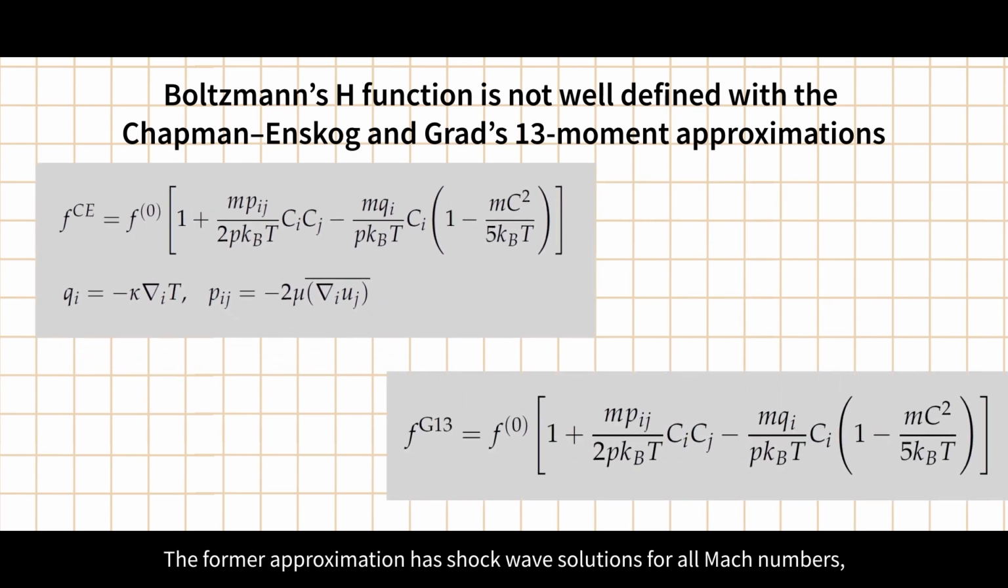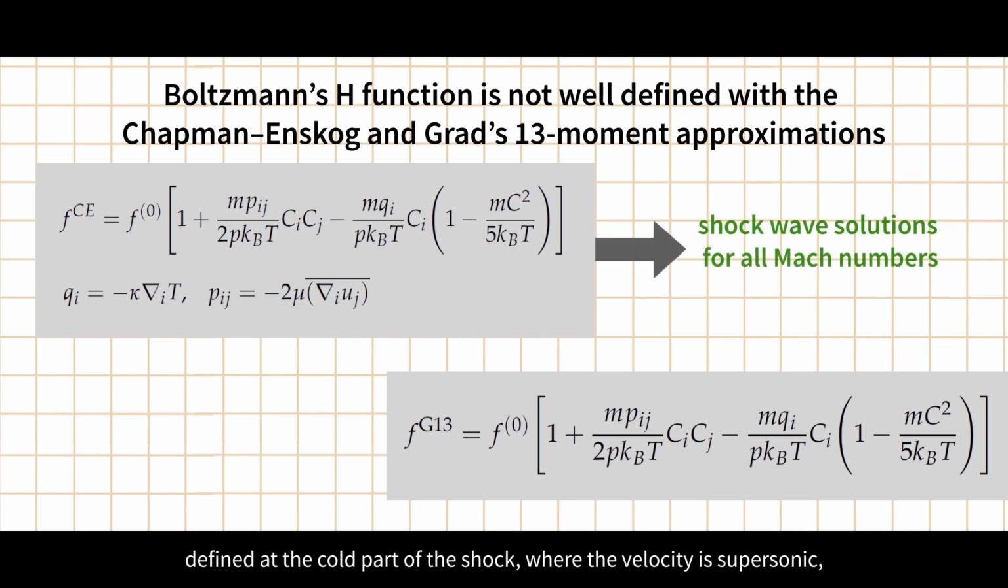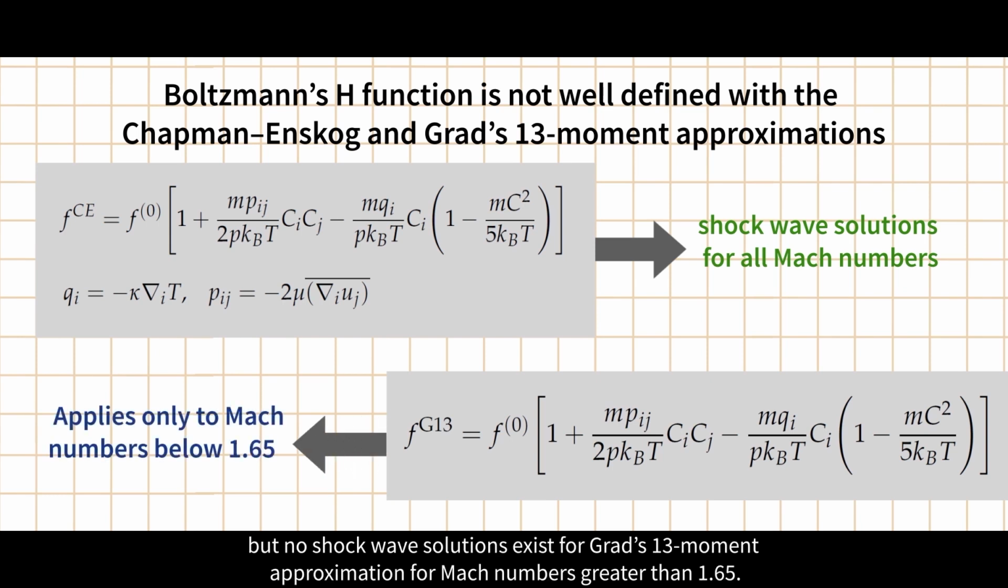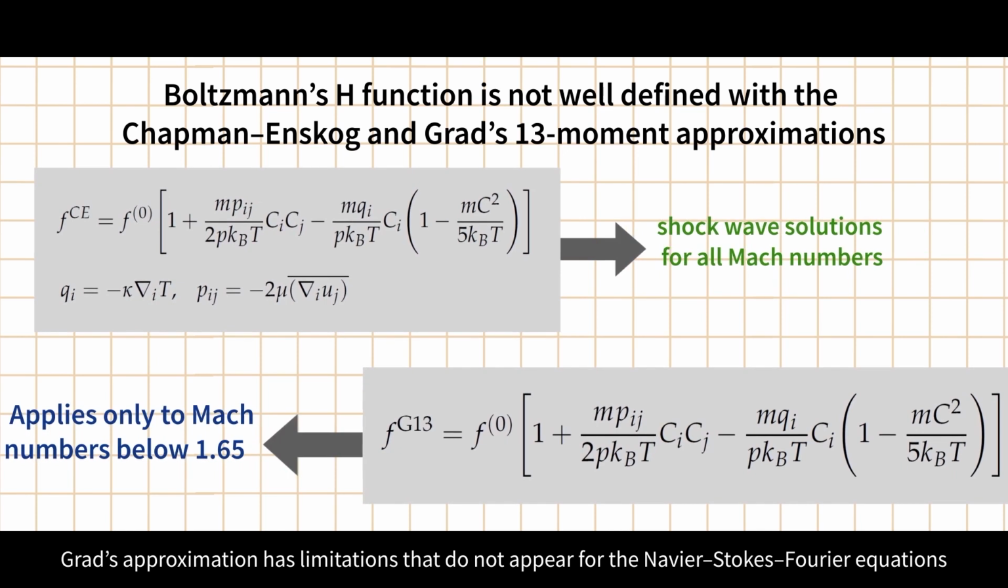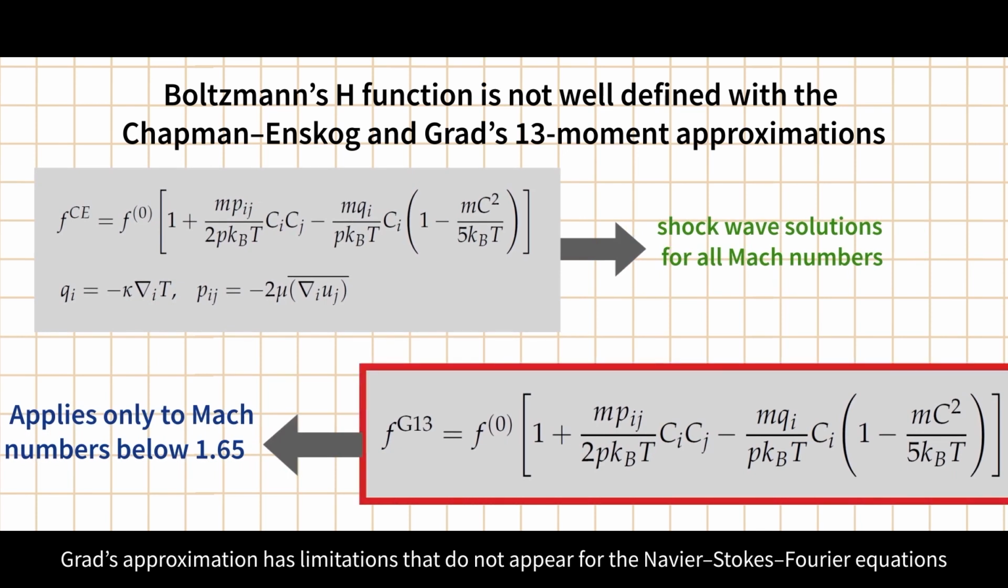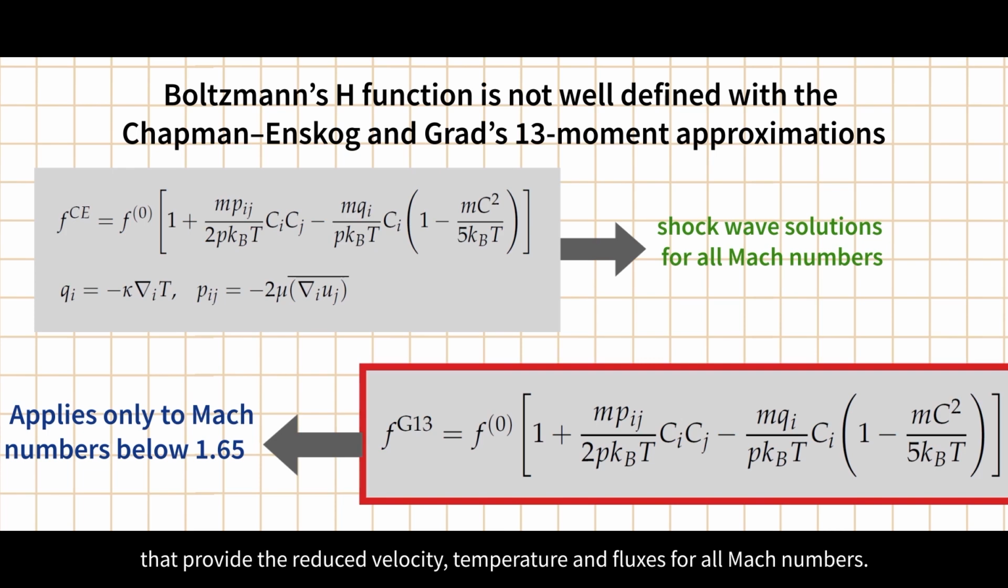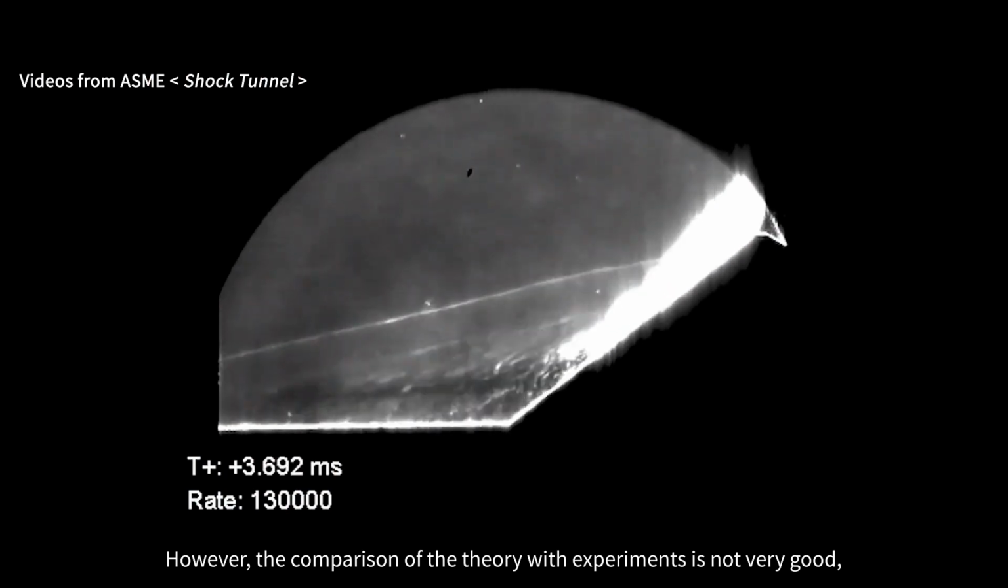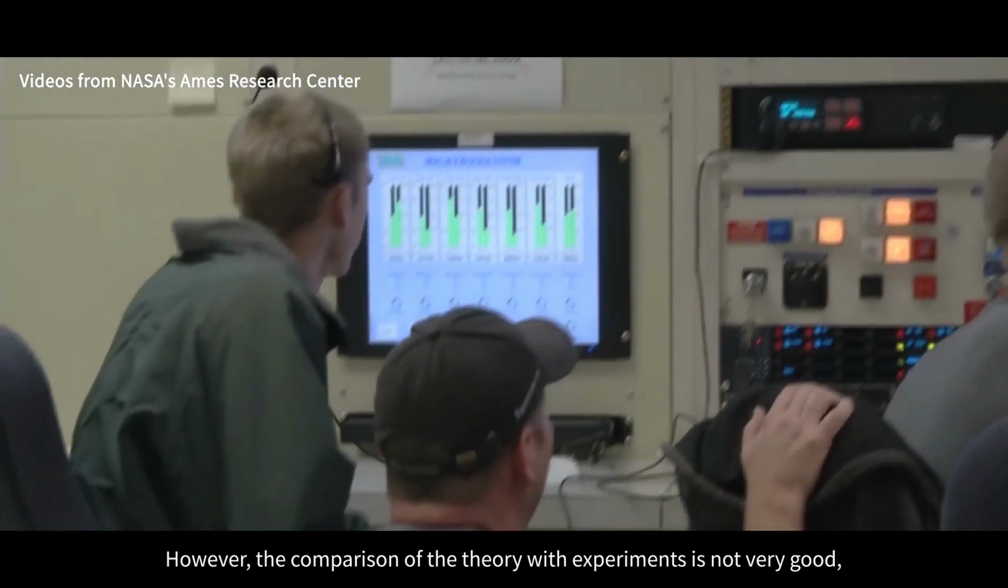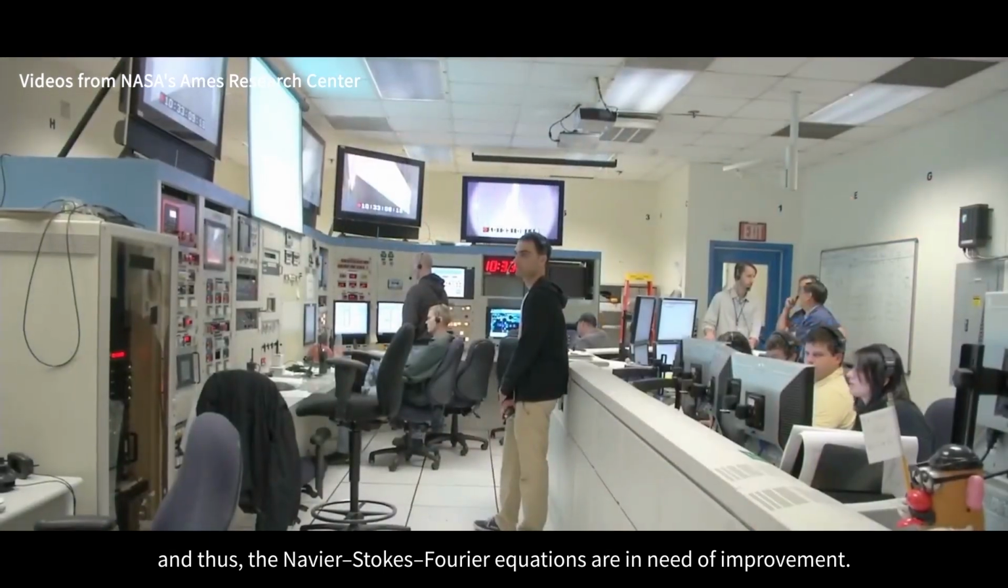The former approximation has shock wave solutions for all Mach numbers, defined at the cold part of the shock, where the velocity is supersonic, but no shock wave solutions exist for Grad's 13 moment approximation for Mach numbers greater than 1.65. Therefore, Grad's approximation has limitations that do not appear for the Navier-Stokes Fourier equations that provide the reduced velocity, temperature, and fluxes for all Mach numbers. However, the comparison of the theory with experiments is not very good, and thus, the Navier-Stokes Fourier equations are in